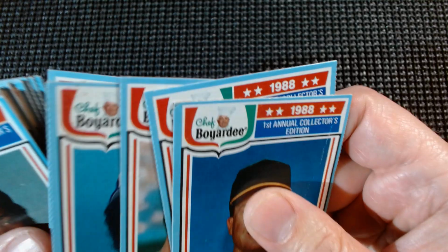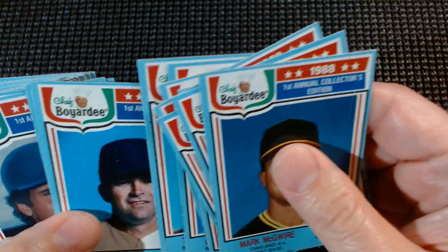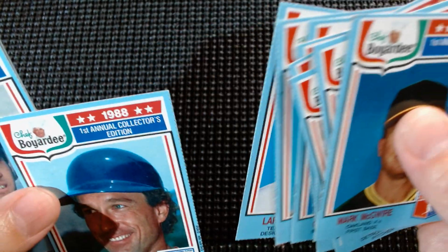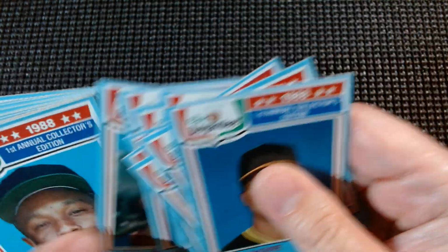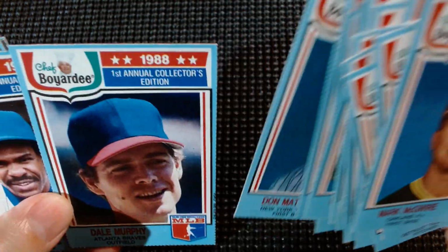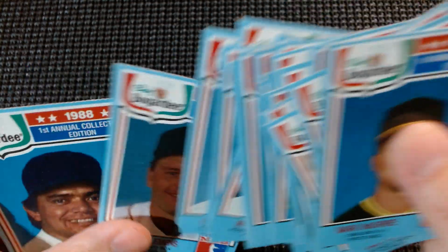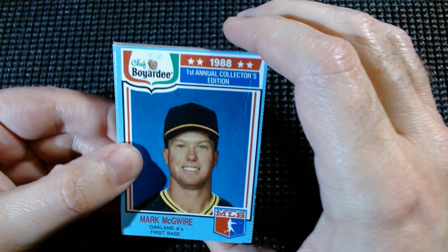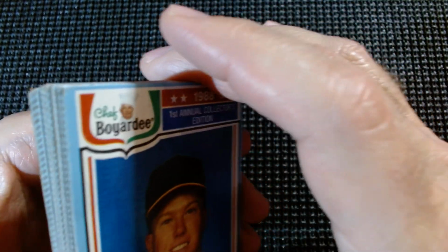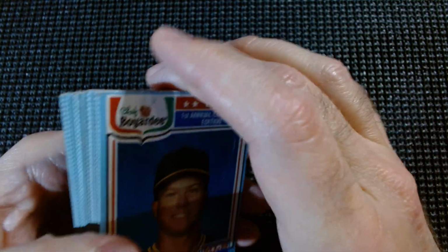So real quick, let's see, 1, 2, 3, 4, 5, 6, 7, 8, 9, 10, 11, 12. So half of this set is Hall of Famers that I'm sure of. I'm not too sure about a couple of those guys. I don't think so, but so this little set, half the set's Hall of Famers, and I think they're beautiful